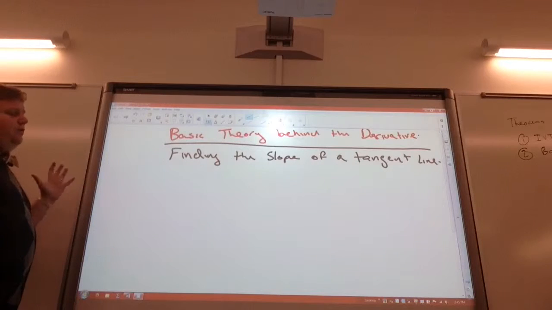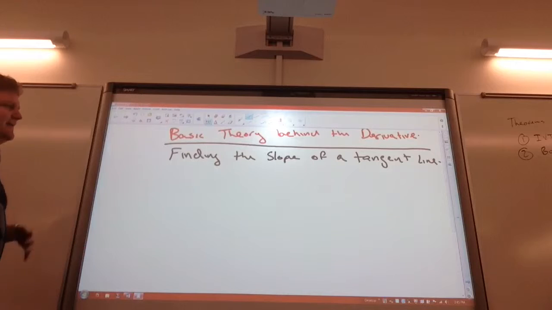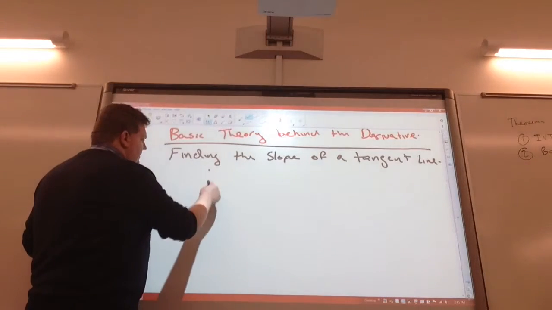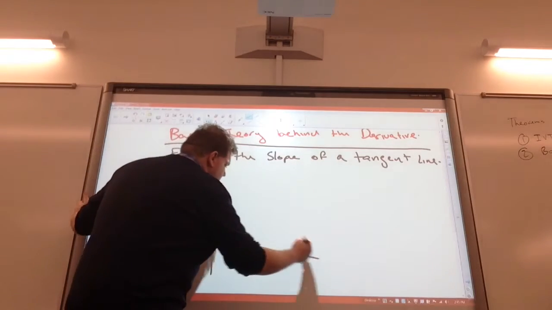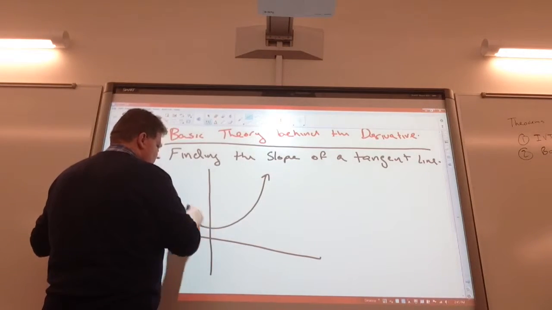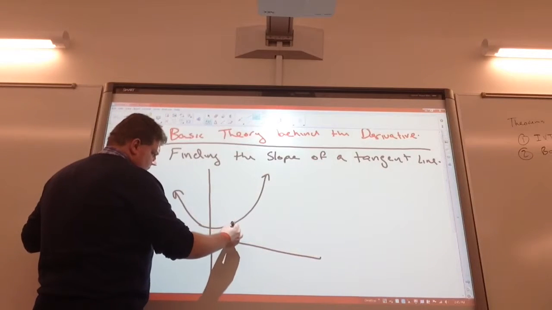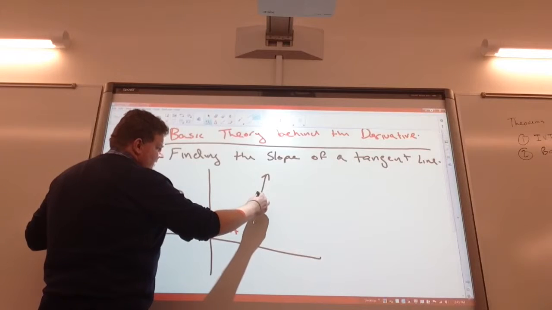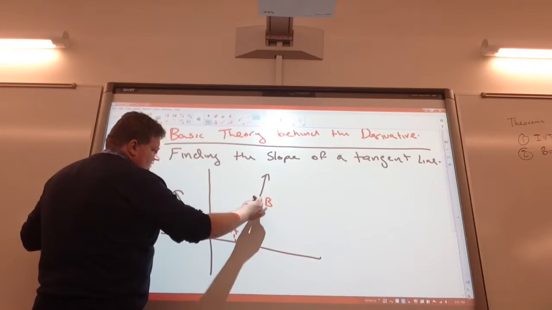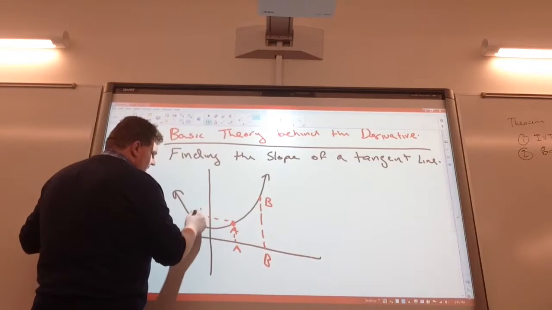So basically, let's go through and exactly figure out what the problem is and how we get to the derivative. So we're going to start off with just drawing any random curve here. I'll make this curve. And we're going to mark 2 points on this curve, point A and point B. So A here, its x-coordinate is A, B's x-coordinate is B. This would be f of A,